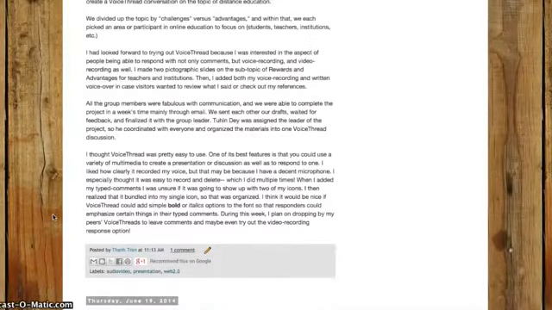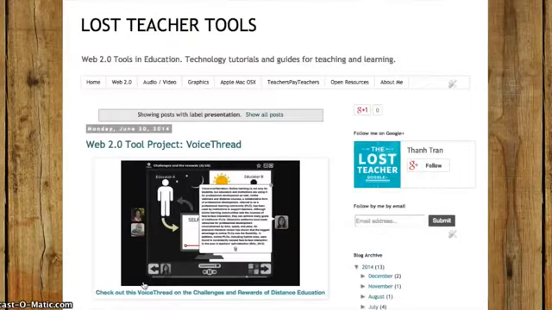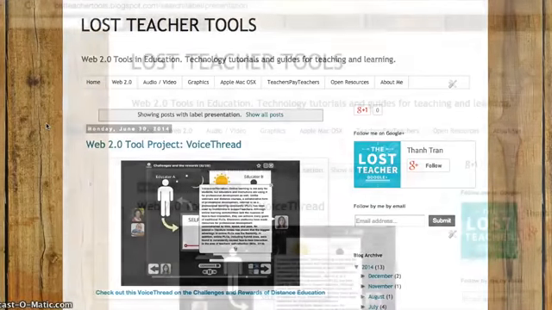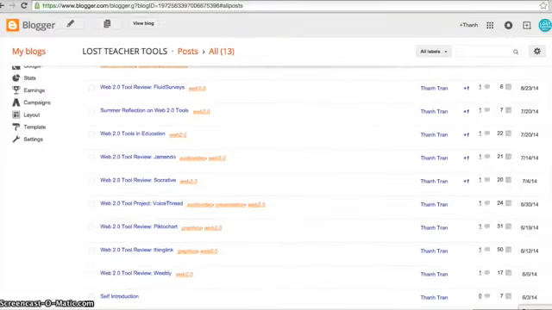So underneath this posting, there is a link that's generated called presentation. So I'm going to click on this presentation link. And now it takes me to kind of like a page where any post that has the label presentation on it will be on a certain page. So I'm going to copy this page right here. You can right click and copy or Control C,